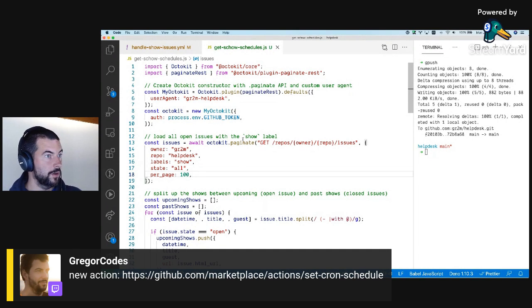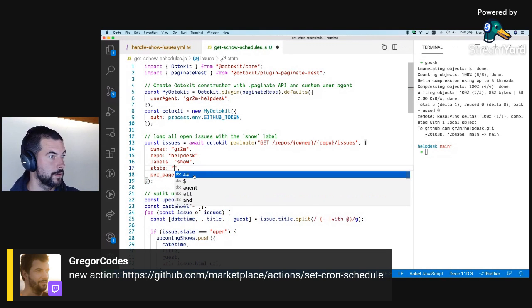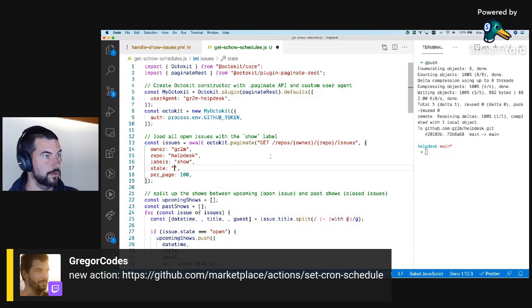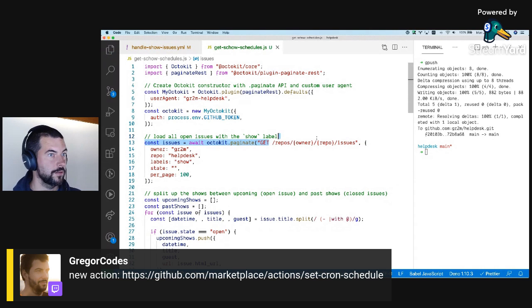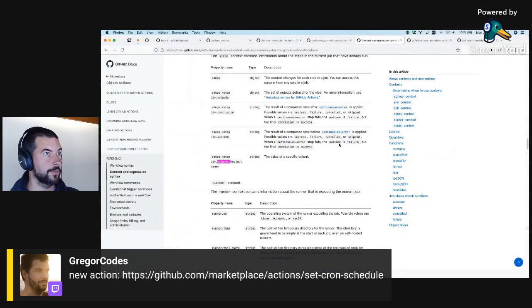We load all the issues for our help desk shows that are, no, not all. It should give me IntelliSense here. Oh, it's just state. Okay, let me quickly look this up.